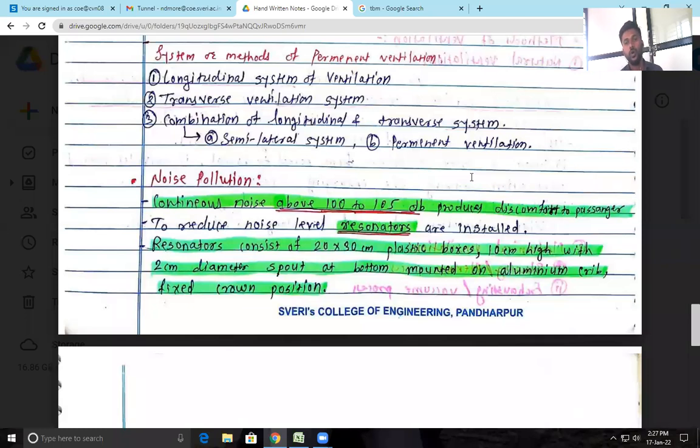When the noise is above 100 to 105 decibels, it produces an uncomfortable condition for the passengers. Okay. If the noise is more than 100 or 105 dB, dB means decibel. If it is more than 100 decibels, it will create an uncomfortable condition for the passengers. So for that purpose, we need to install resonators. To reduce the noise in the tunnels, the resonators are installed at particular